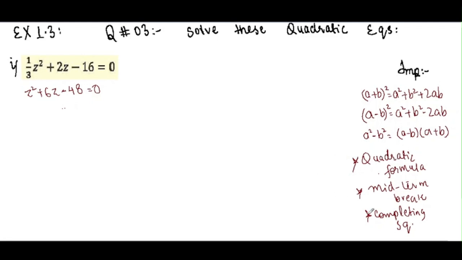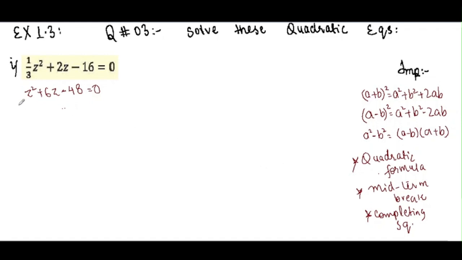So first of all, here we are going to see whether it completes a square or not. Everything completes a square, so that is not a question. We have already practiced completing square much, so this time we are not going to use this way. We are going to use either of the two ways, middle term break or quadratic formula. Middle term break can be done only in some conditions. We have read those conditions in question number 1. So now we are going to try quadratic formula, because in this question those conditions are not met.